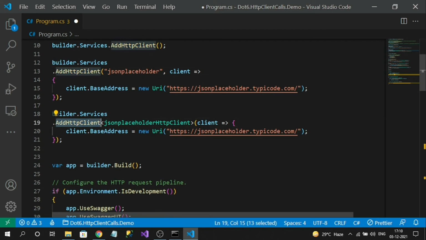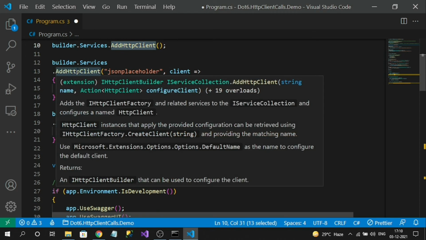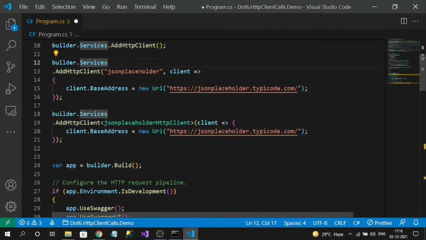One way is the plain one, that is the fourth one, which we are going to discuss now, and the remaining ways are the named technique and the typed technique. Since I have registered it here, there are no configurations like domain registration or anything here. I have simply registered the HTTP client.